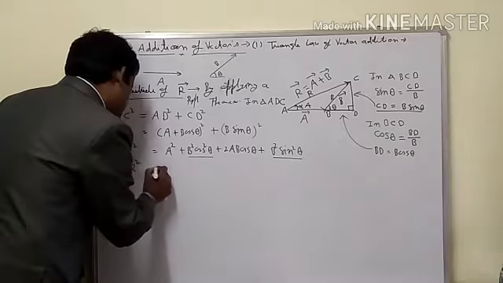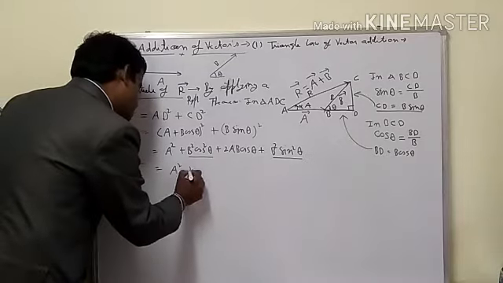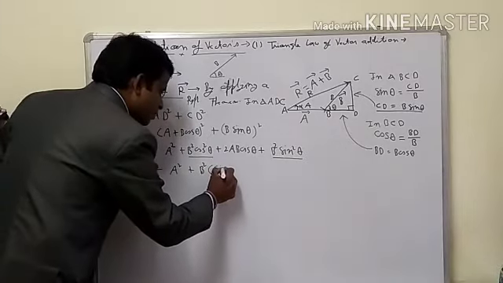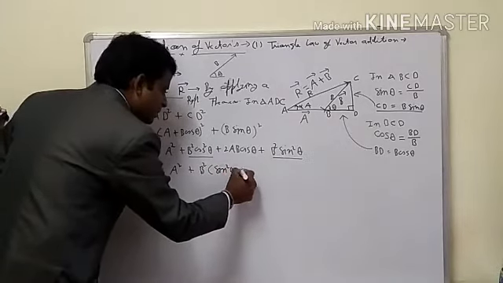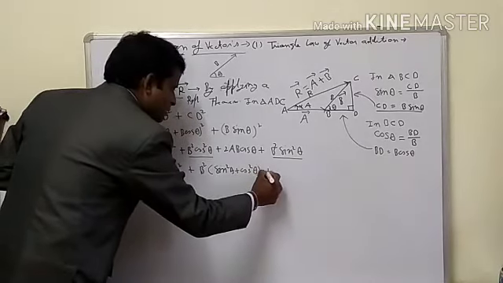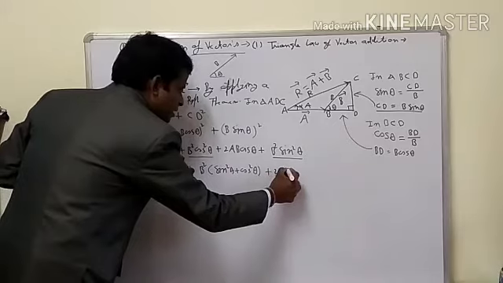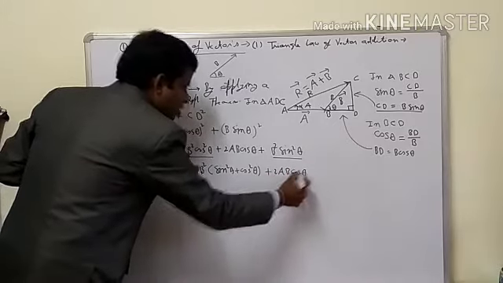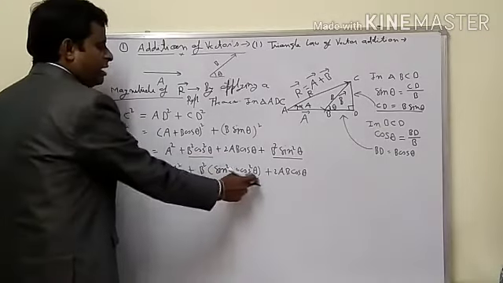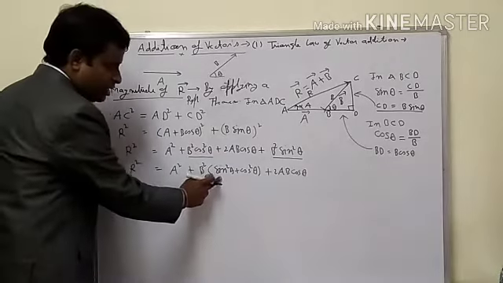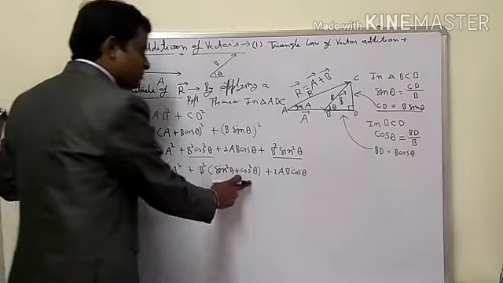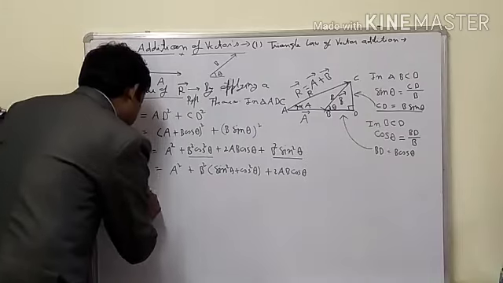So I am taking it common: A square plus B square into sin square theta plus cos square theta plus 2AB cos theta. So see, this is a trigonometrical identity. Sin square theta plus cos square theta is 1. So by using this relation, we will write in the next step